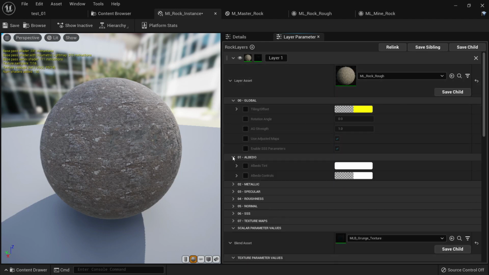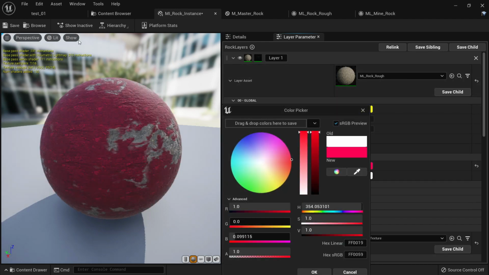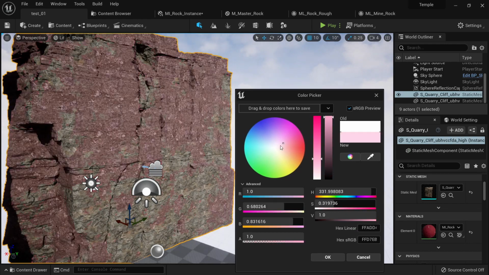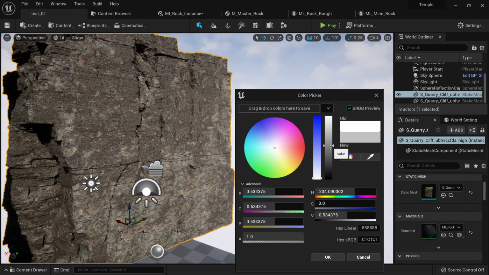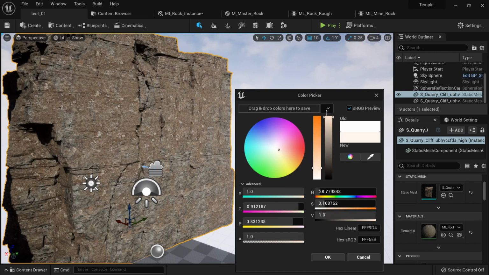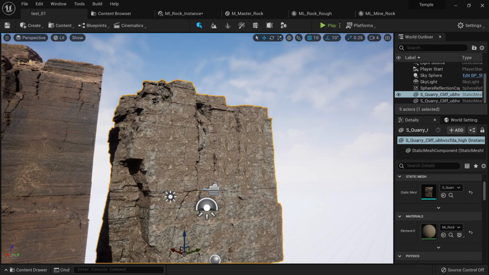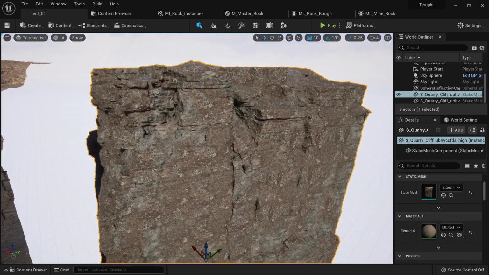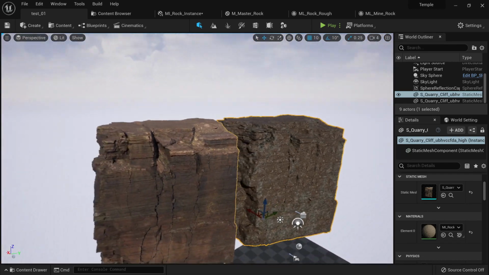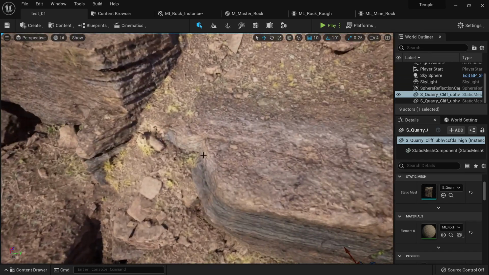So the rough rock, for example, once the instance is there, it's already compiled. So I can have a little bit of a darker tone for this, just like that, or maybe greenish one. Or if I go back to the original, I can change the color a little bit to something more red. Something like that, and I can just blend it like this, just to have something different. Okay, so now that we have this, we're gonna add another material, and this will be like small pebbles on